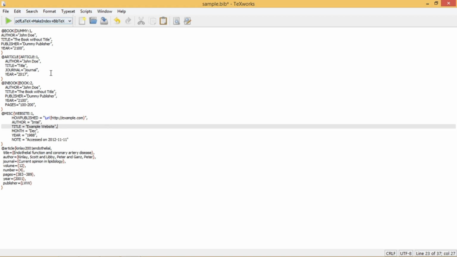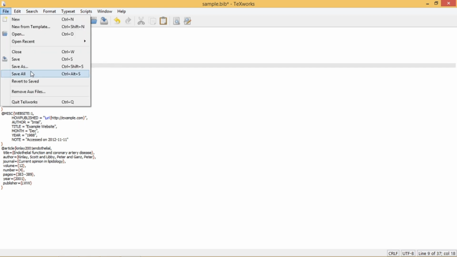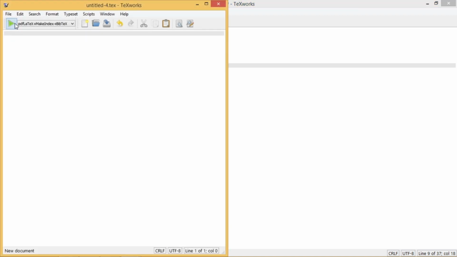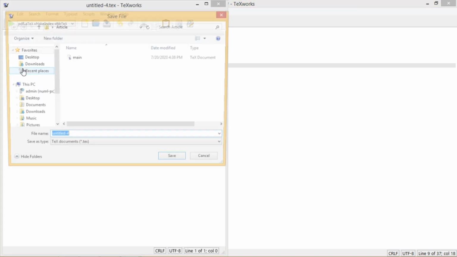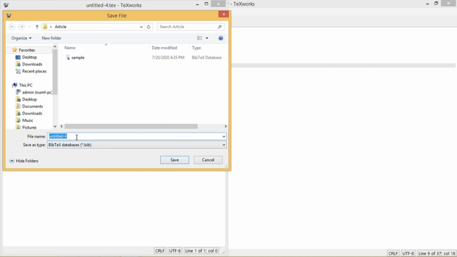It's quite simple. First I am going to tell you how you can create this database file. You just need to click on file, create new file and save this file with an extension .bib. You can give any name to this file, like I have given a sample, and save it.